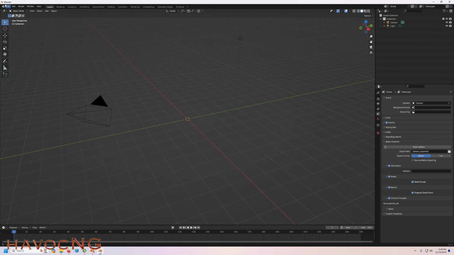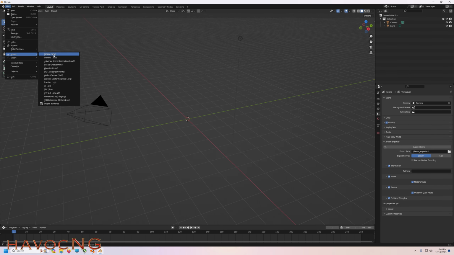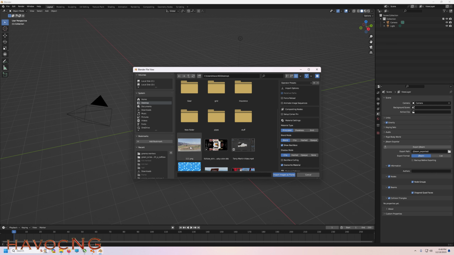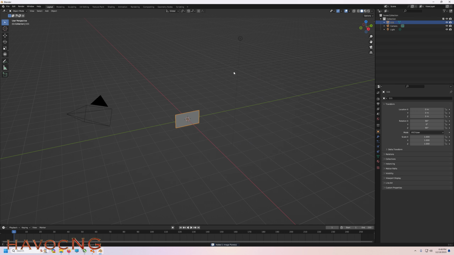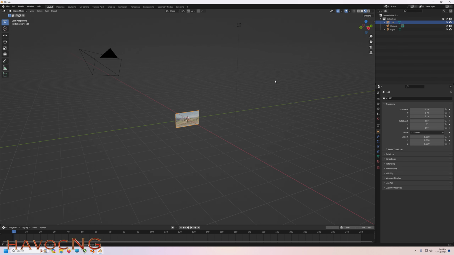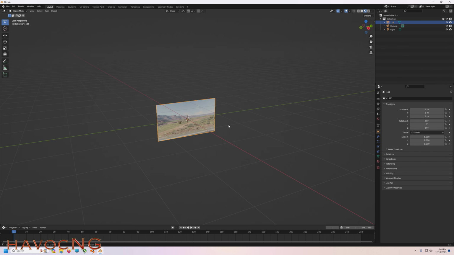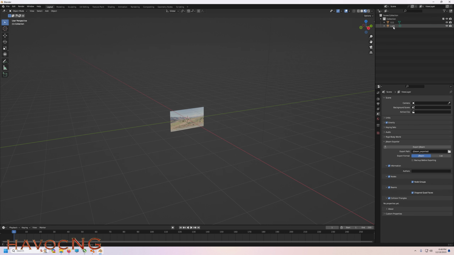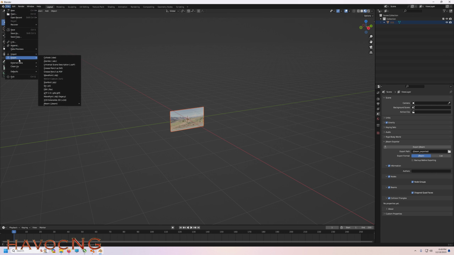Let's go here, File, Import, Image as a Plane, Desktop, bring in the picture. Don't worry about resizing it or anything like that. We'll keep this simple. We just want to get the image in there. I don't want to worry about anything else as far as detail, scale, or anything else like that. Get rid of the camera, get rid of the light, highlight the image, File, Export,